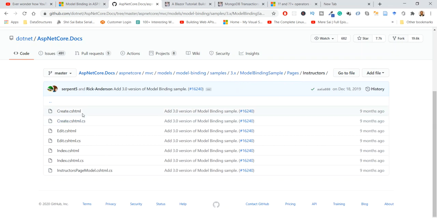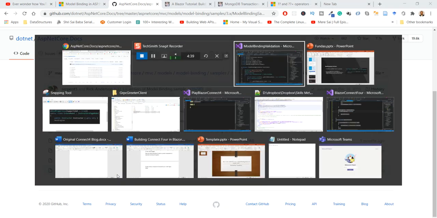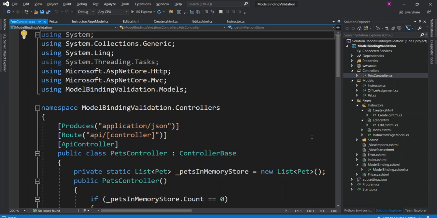I copied Create.cshtml, Create.cshtml.cs, Edit.cshtml and Edit.cshtml.cs, as well as the InstructorsPageModel.cshtml.cs. If you go back to Visual Studio Code, you see what I mean. Under the Instructors folder, there are Create.cshtml and its code behind file, Edit.cshtml and its code behind file, and the InstructorsPageModel class is also there.